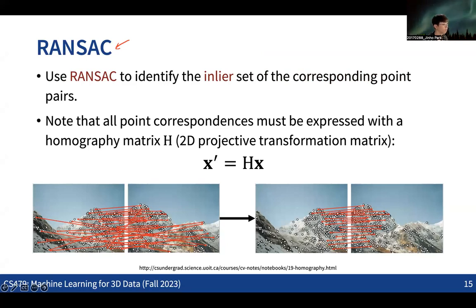So the basic idea of finding the inlier set is that we are finding a subset of all the corresponding points in a way that all the inlier dependencies can be expressed with a single projective transformation in the 2D space. So all the correspondences of the pixels should be expressed with a single projective transformation from the 2D to the 2D image, right? These are also techniques that people use.